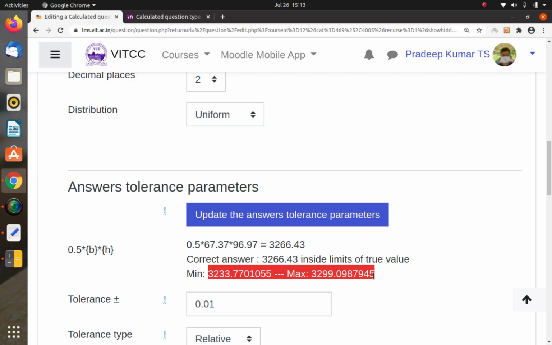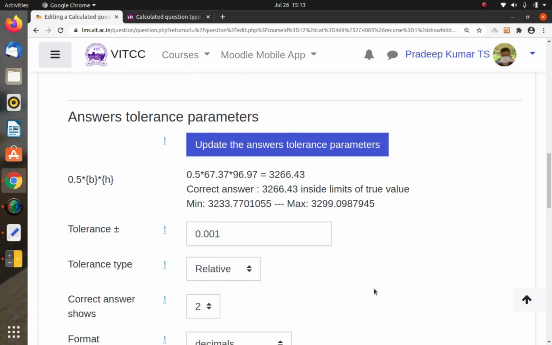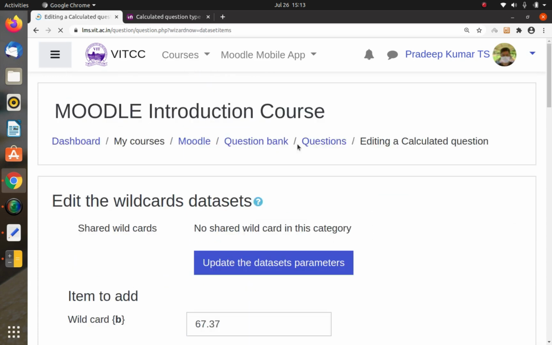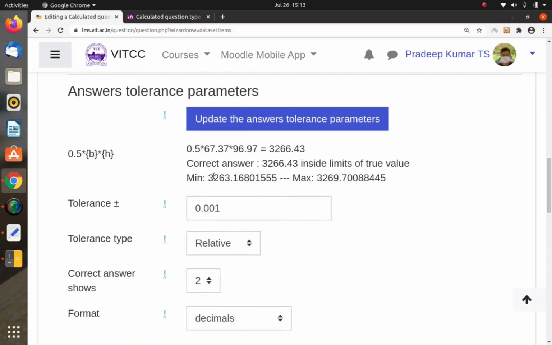So you can even have higher precision values, you can give them here directly. In case we want to extend it, you can use one more zero here. Tolerance of 0.001 you can also update. So maybe you can update the answers based on the tolerance. Now we can see the tolerance values here are 3263, 3269. So this is the value. So here the tolerance is on. You can see the help also.